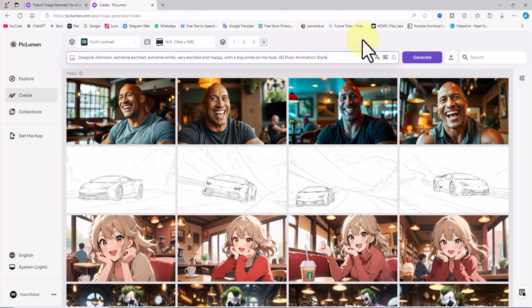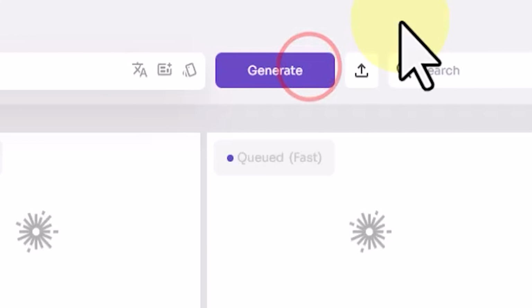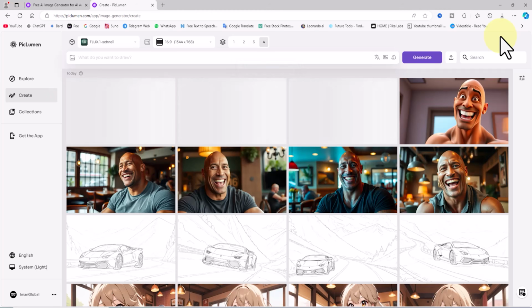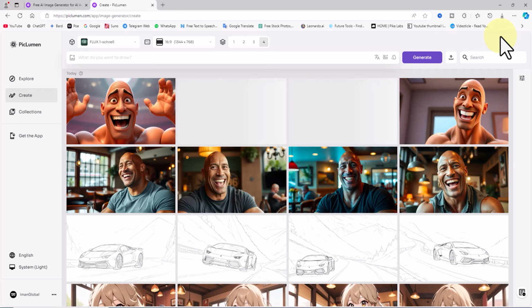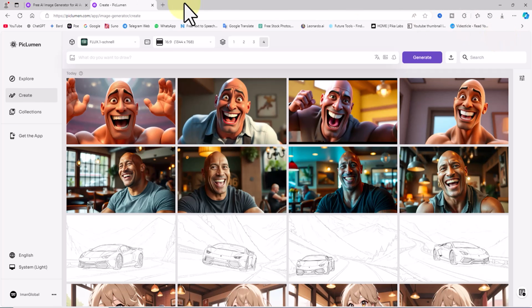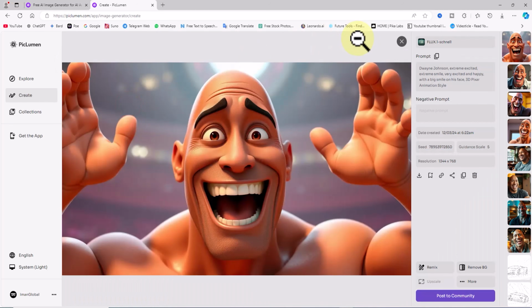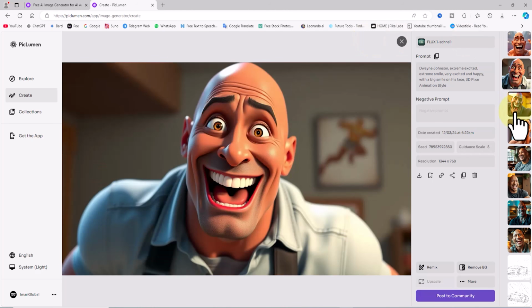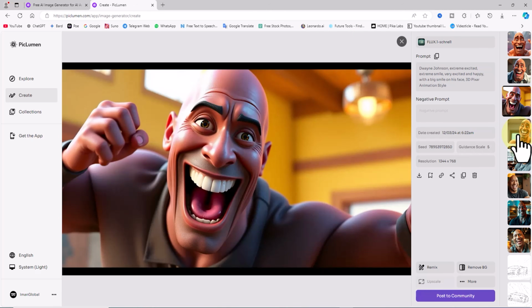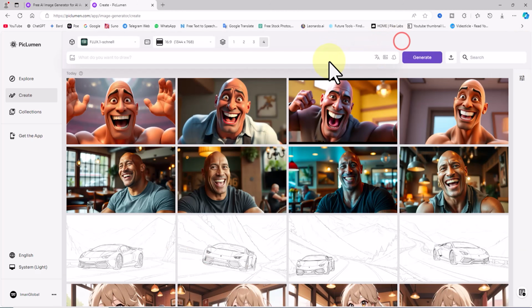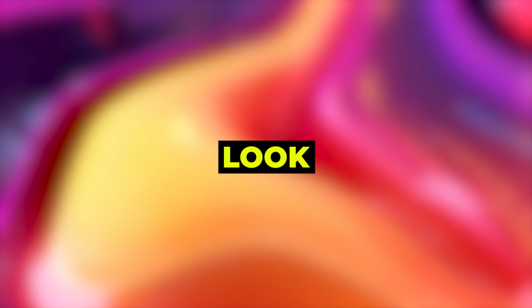Using the same previous settings, I click on the Generate button. My request enters the queue, and after a very short time, 4 thumbnails are displayed. The images are in 3D style. Let's review them. I am extremely satisfied with these images in the animation style, and proceed to download them. There are so many other things you can do with this AI, and you can look forward to seeing them